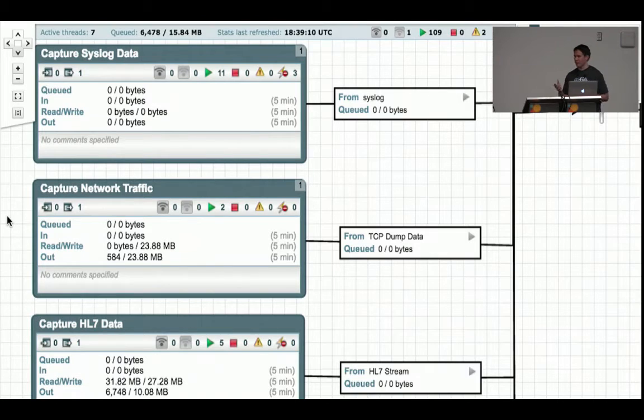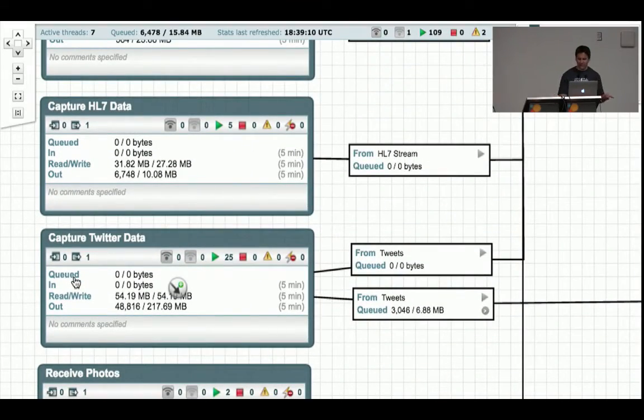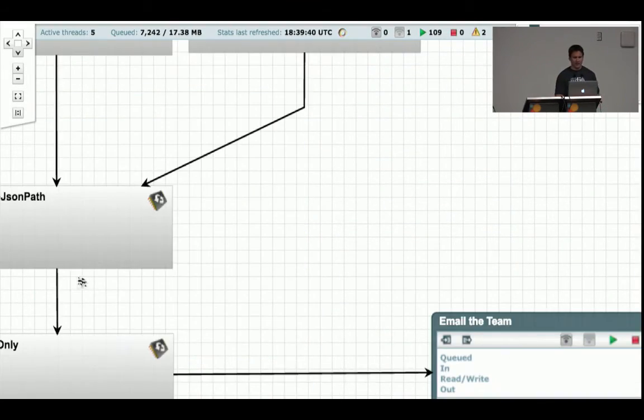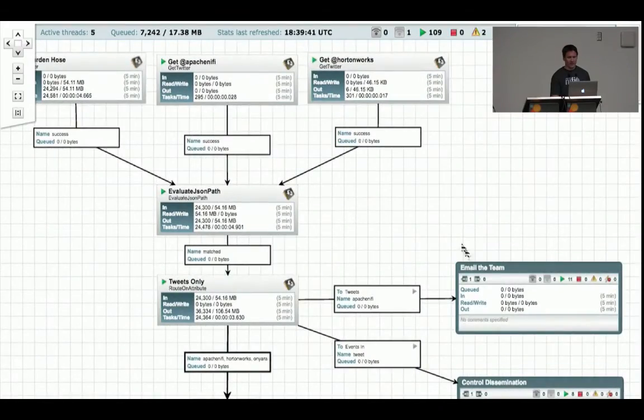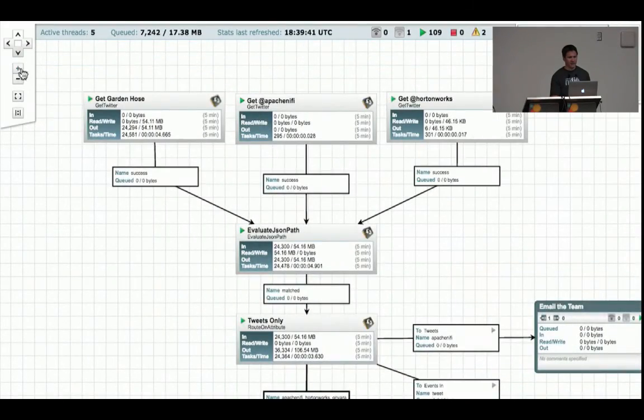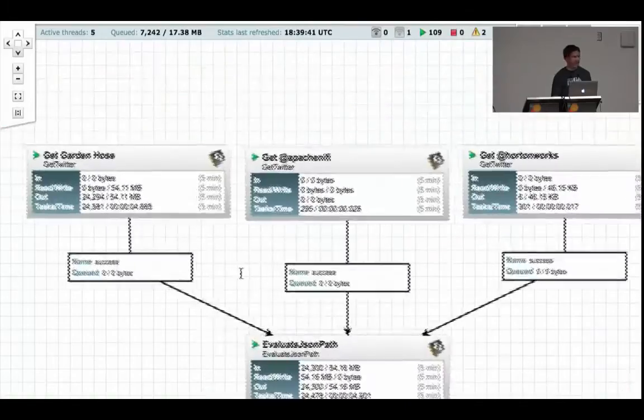So if I want to ingest this type of data, I can use this processor group to repeatedly do so and abstract away all of that and have a neater presentation. All the details are inside. But if I want to see what something's doing, I can start digging into one of these. If I look at something like the Twitter data, I can dive in here, and I'll see a nice collection of processors. So at the top here,